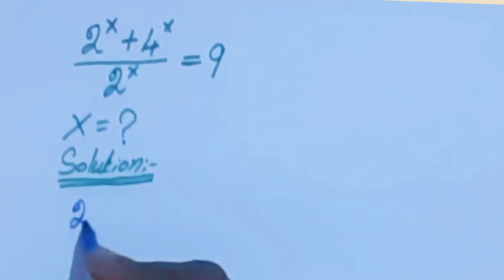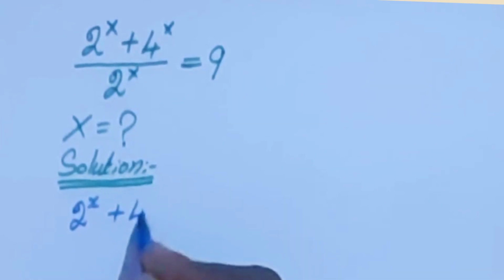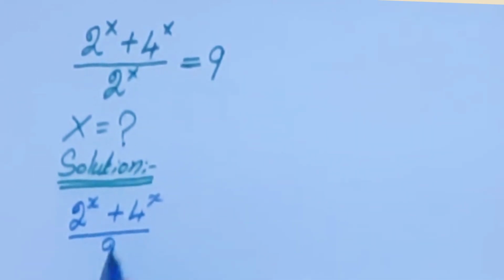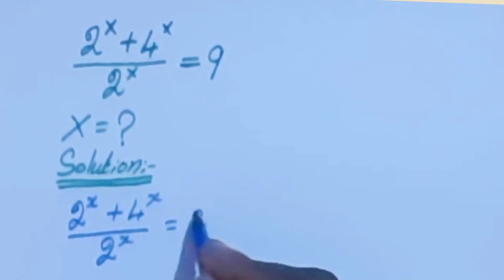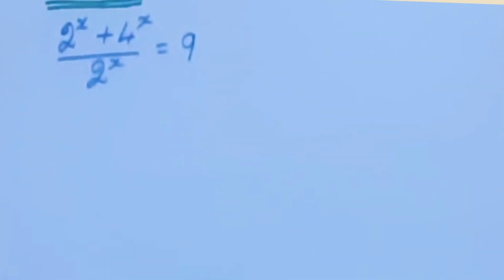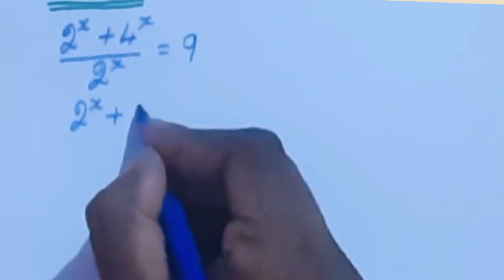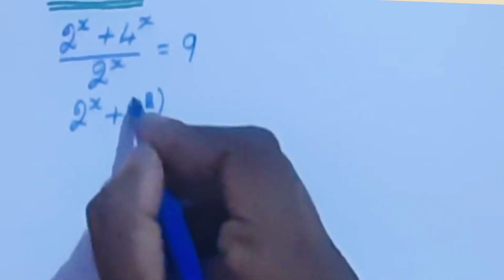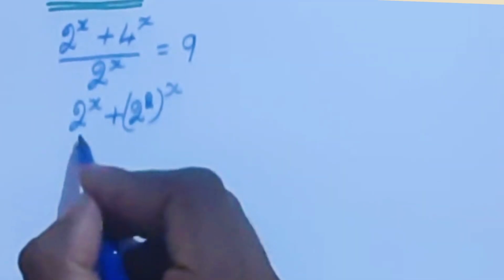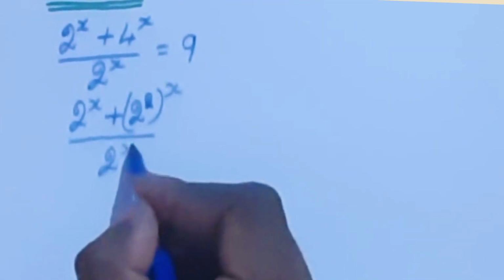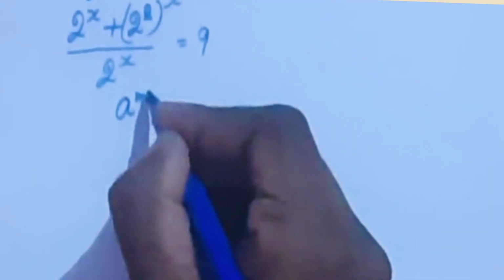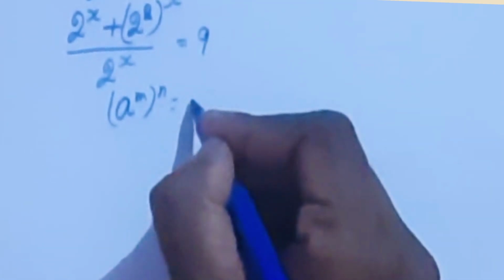Today we are going to solve this problem to find the x value solution. 2 power x plus 4 power x by 2 power x equal to 9. Here, 2 power x plus this 4 can be written as (2 power 2) whole power x by 2 power x equal to 9. Now we are going to apply this: (a power m) whole power n equal to